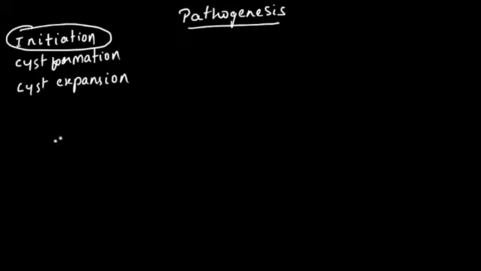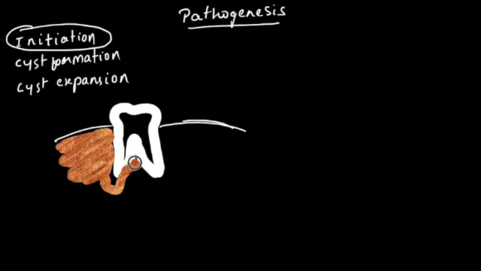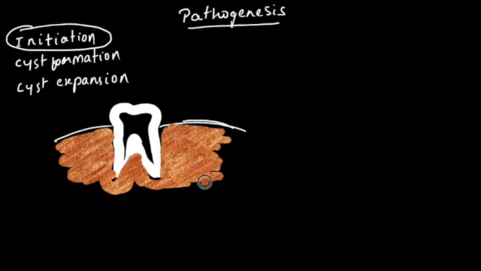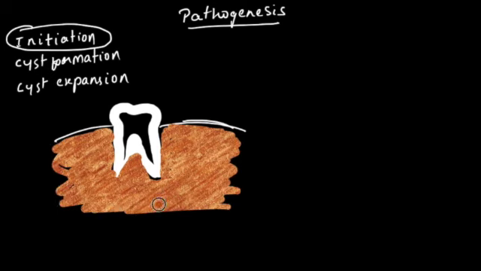Let's deal with the stage of initiation first. Now I've drawn this portion as the supporting structure, and this is the tooth with its pulp chamber and root canal, and I will draw the alveolar bone here. The part of it close to the tooth, we'll consider as periodontal ligament. So here we draw the alveolar bone. We'll label this as alveolar bone so that we remember, and this is the area of periodontal ligament.